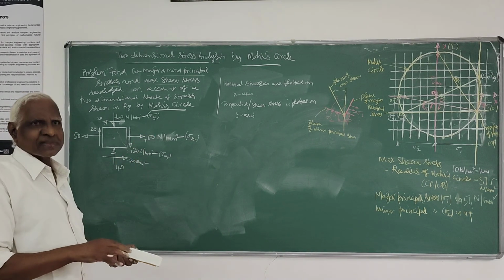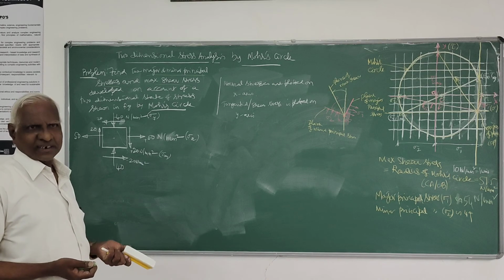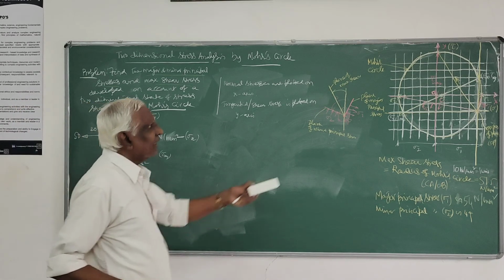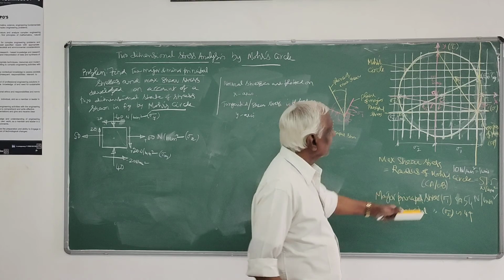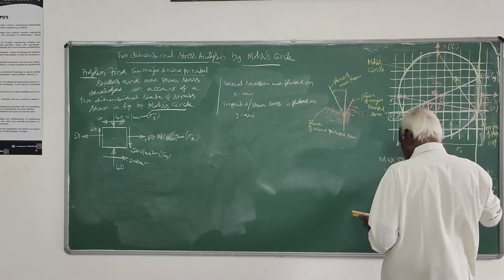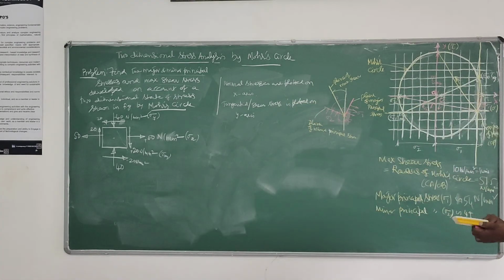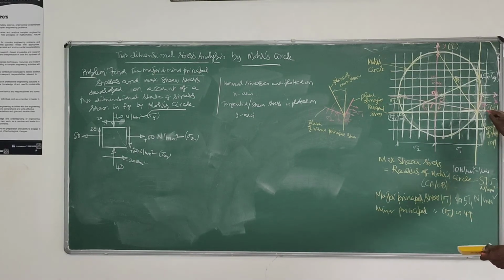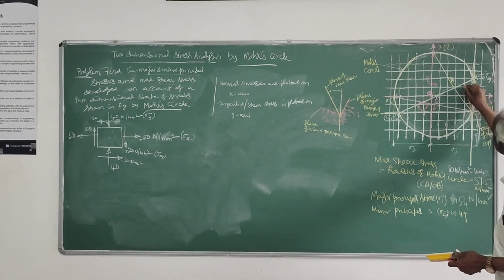That's all. So this completes your complete theoretical analysis. On any plane inclined at an angle theta, say 30 degrees, if they ask you to find normal stress and shear stress, then again, you know the origin of plane. With respect to the vertical, you draw that particular line which is inclined at an angle theta 1.